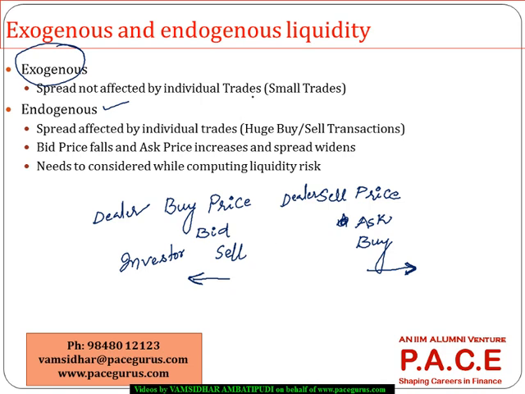Now what we are saying is, if one individual trader, because of the trade that he is placing, see, generally when I do more and more buy orders, the prices may go up. When I do more and more of sell orders, the prices may go down. So even when the prices are going up or prices are going down, that will have an impact on the spread, because if let's say someone has placed a very huge sell order, and because of